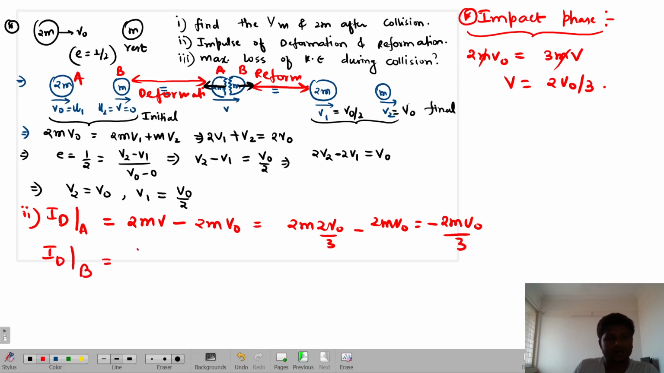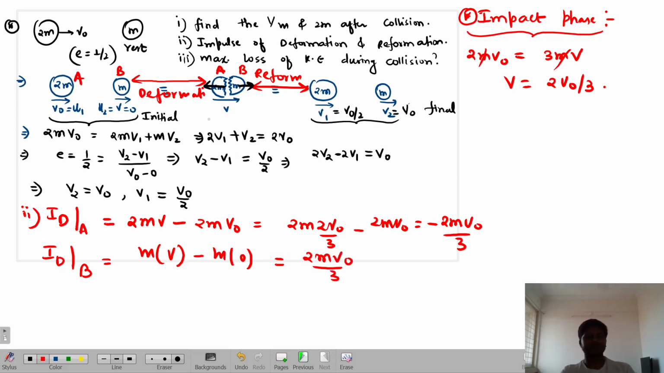So that is M into final momentum, M into V minus M into 0, isn't it? So look over there, you are going to get the same thing, twice mv naught by 3. So in both, the impulse of deformation is the same, but the directions are different. Similarly, the impulse of reformation, if we calculate I of r of A,